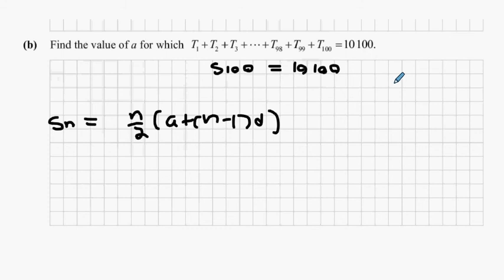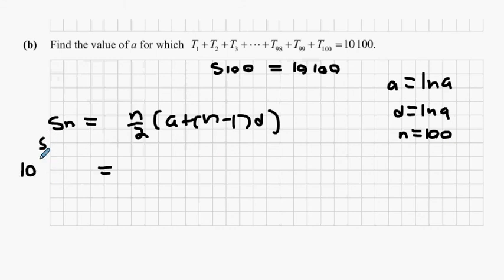A equals ln A, D equals ln A, n equals 100. So S100, which in turn equals 10,100,